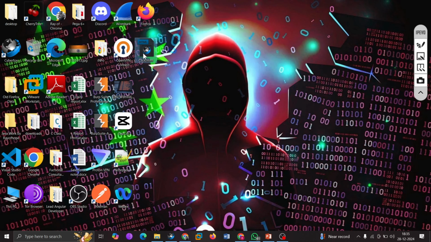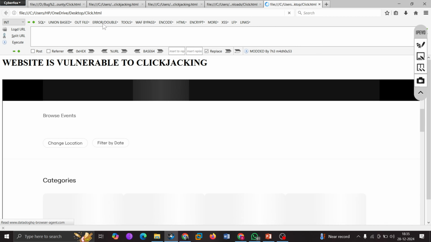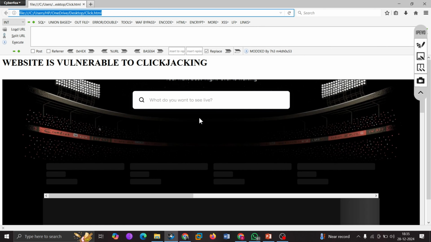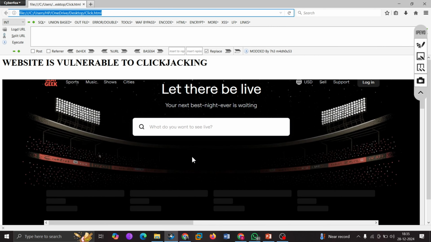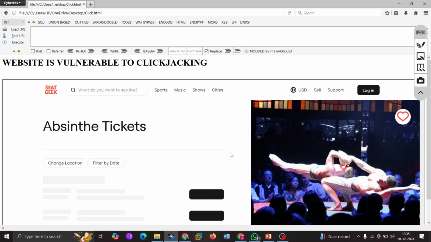Let's open this file. Can you see? This is a normal HTML file on our system. This is not even hosted globally. But even with this file on our system, we are able to see the website that it is running. In the meantime, if I search here for something like AVC and it gets executed and throws something, that is a vulnerability. An attacker can make use of it and exploit this vulnerability, whatever we talked about.